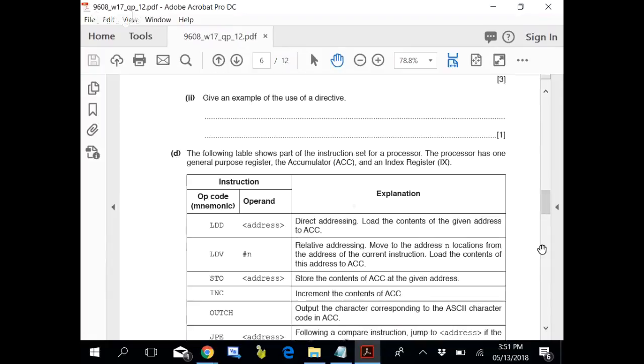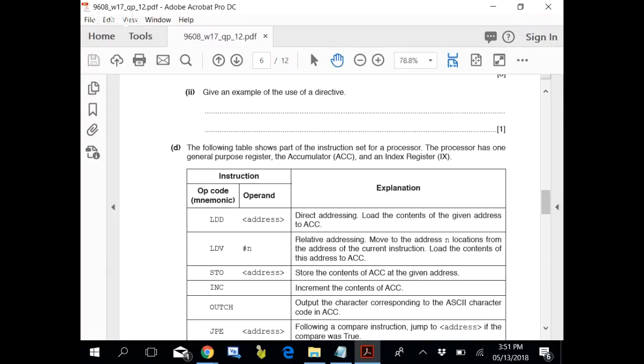Give example of use of a directive. Now this is again that part. Example of directives. There are a couple of examples I have given in the notes, but that's not part of your syllabus. This is just for the referral. So again, I would appreciate if you could study this examiner report, that what they actually meant from it, though it is not part of the syllabus.